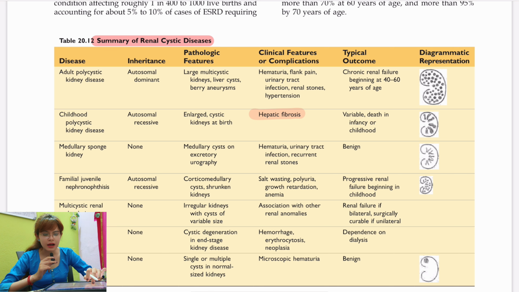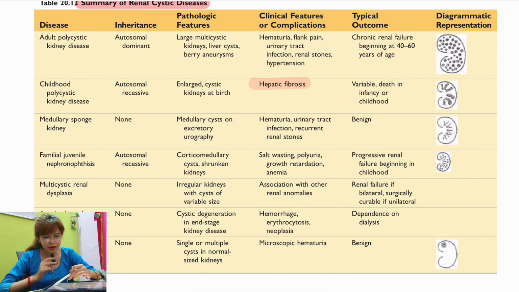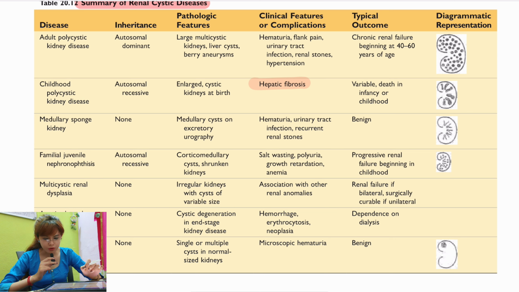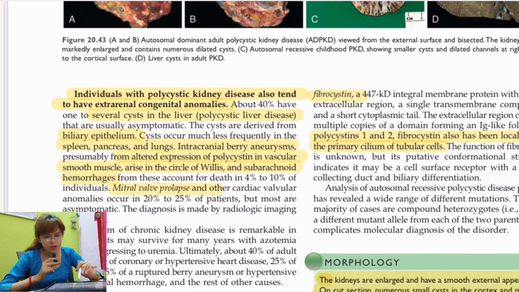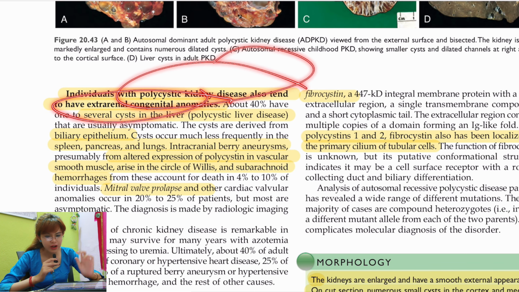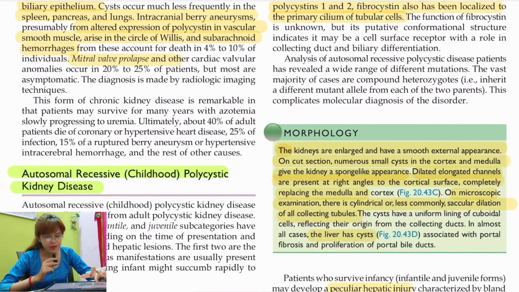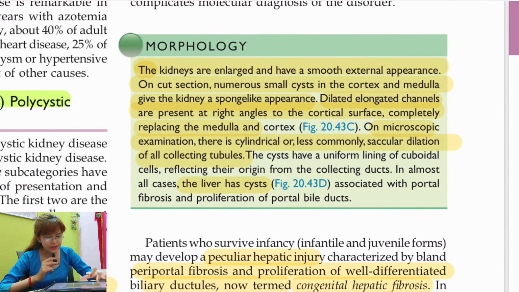Okay, there are some other cystic diseases like medullary sponge kidney, familial juvenile nephronophthisis, multicystic renal dysplasia, acquired renal cystic disease, and simple cyst. So let's go through this once again, but this is basically the important part. Individuals with polycystic kidney disease also tend to have extrarenal congenital abnormalities, and if you talk about ARPKD, then you must remember